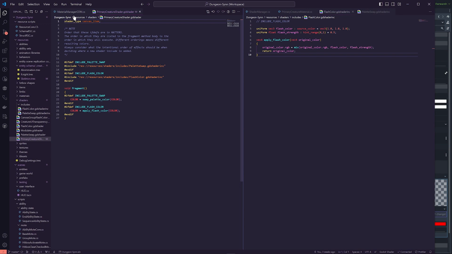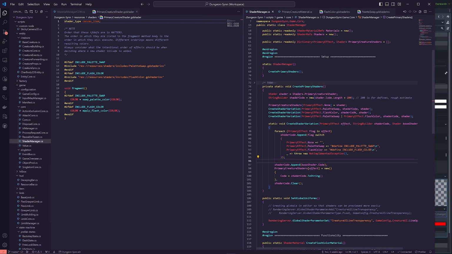I do that in code. In fact, I think this file actually has that, right? So I'm building this string. I have the string builder. This is C sharp, and what I'm doing is taking the text of an existing shader and storing it into the string builder, and then at the start of the string builder I am appending these define statements, and so these will come before